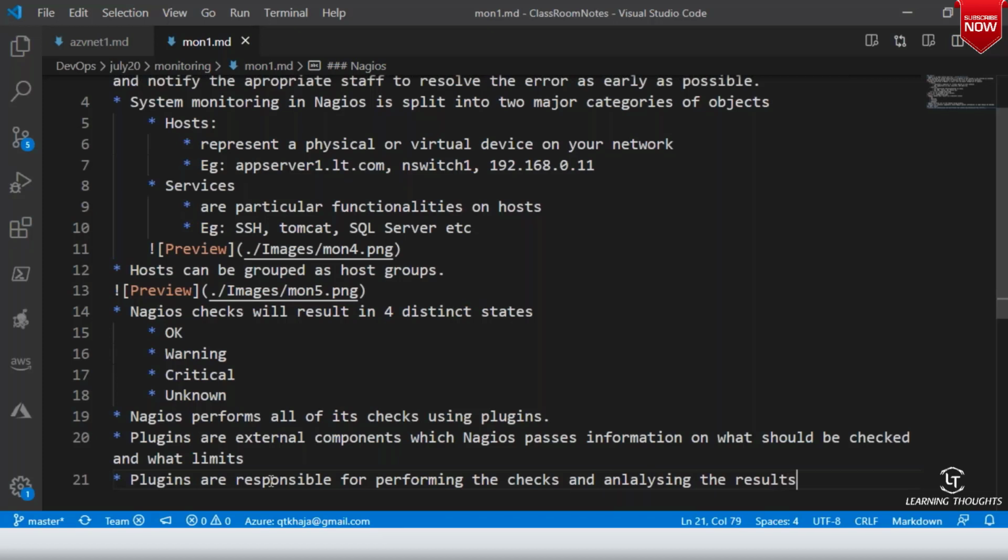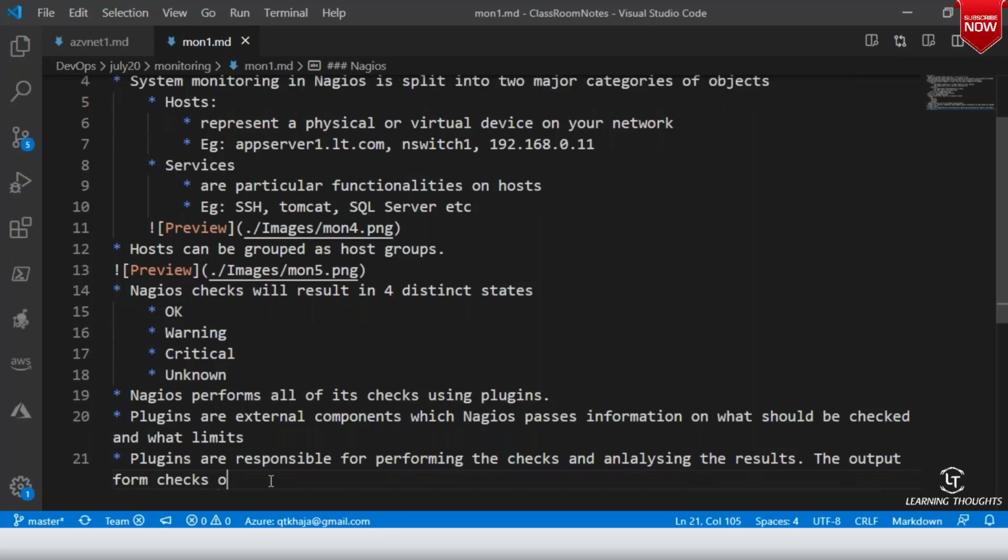The output from checks of Nagios is status. And in status we have okay, warning, critical, and unknown.